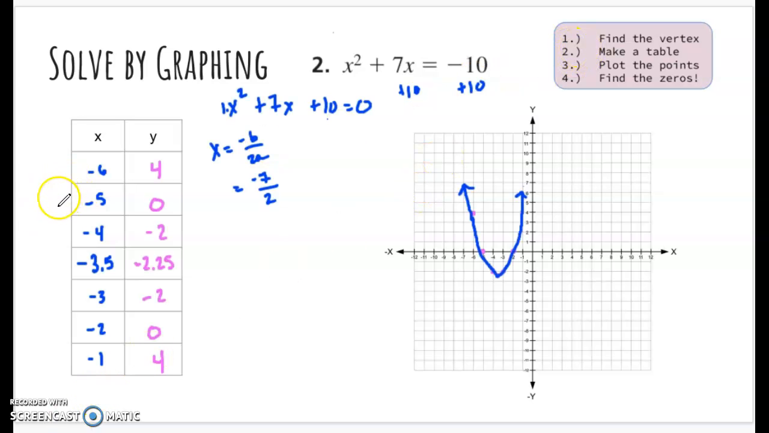Hopefully you found your answers right here in your table that x is equal to negative 5 and negative 2. Those would be your solutions. And if you really wanted to, you could put this back into factored form. X plus 5, x plus 2 would